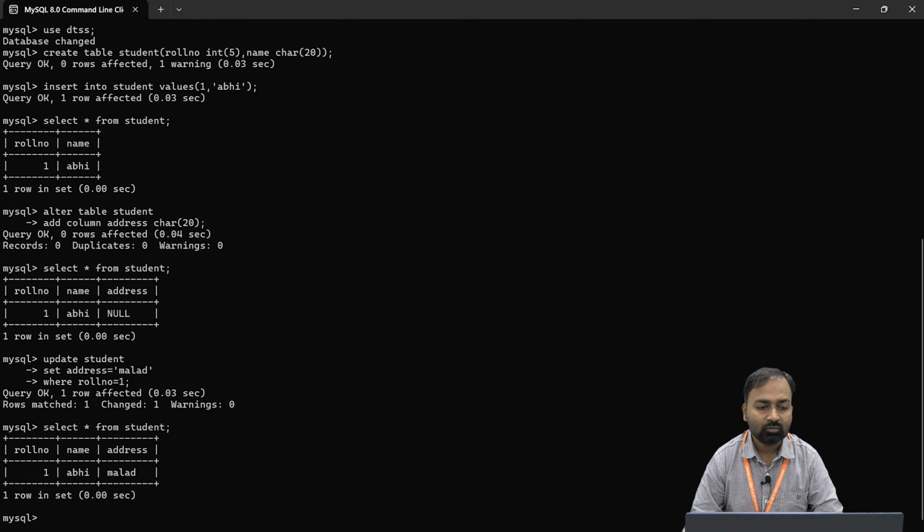Okay, now after this add option, the next option is alter with modify. Now we have added one column, that is address with character size 20. Now I want to change the data type of the address column from char to varchar, and the size from 20 to 25. So for that we will use alter table